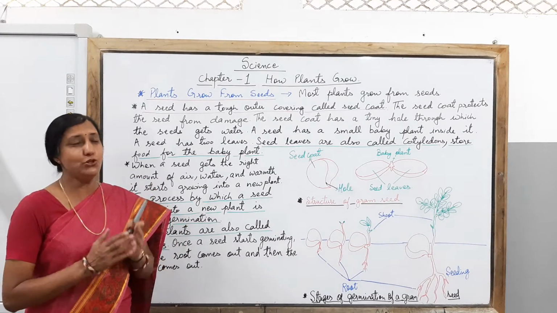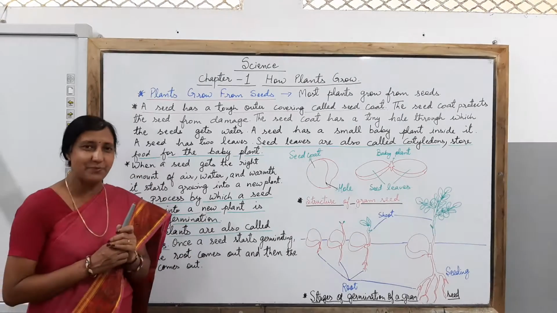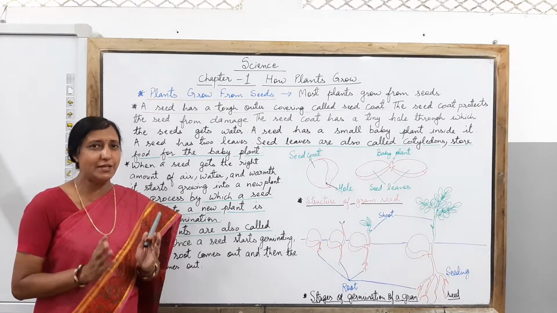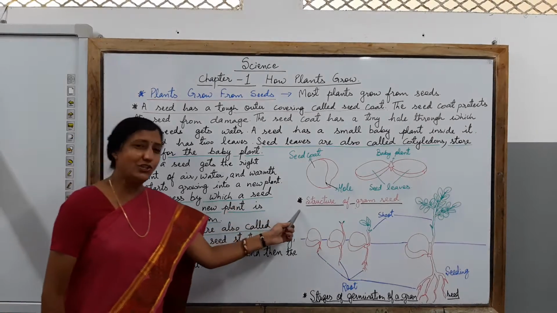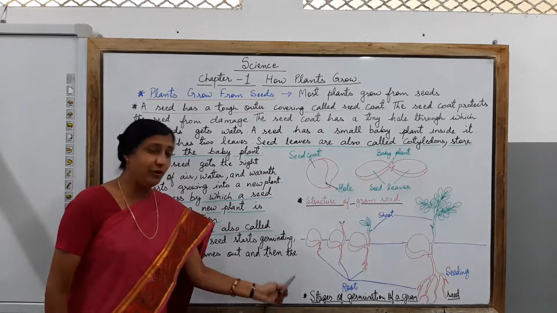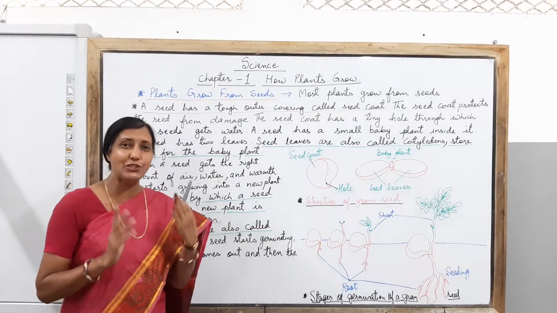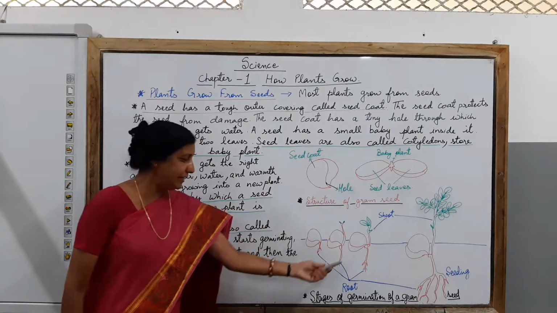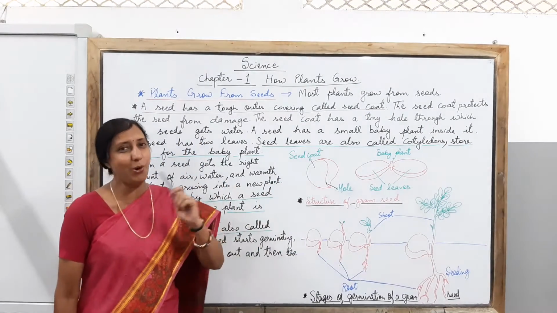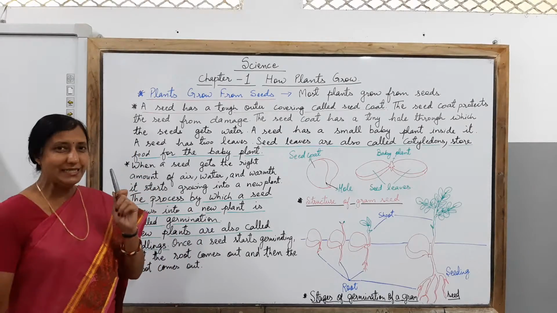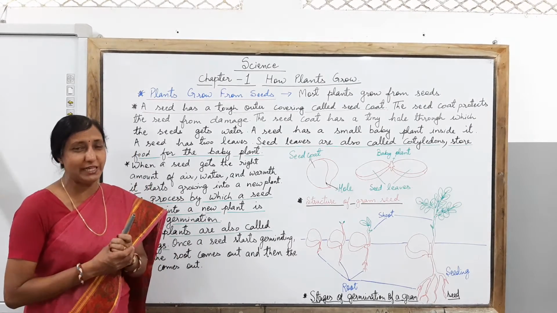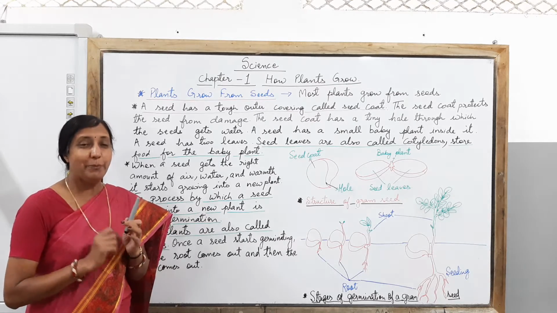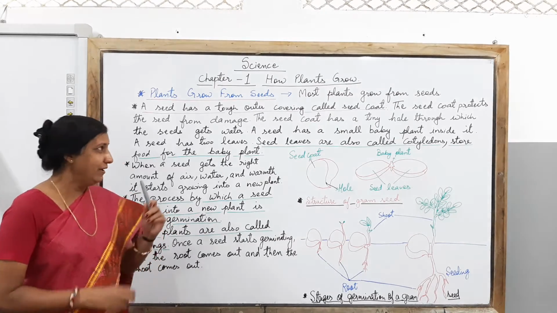In today's class, children, we are going to cover the topic that is plants grow from seeds. As you know children, most of the plants grow from seeds. In this class today you will be learning all about the structure of a gram seed. Then we will be learning about the different stages of germination of a gram seed with the help of a diagram drawn here on the board. So children, let's understand what is the structure of a seed and what are the functions of each and every part present in the seed.